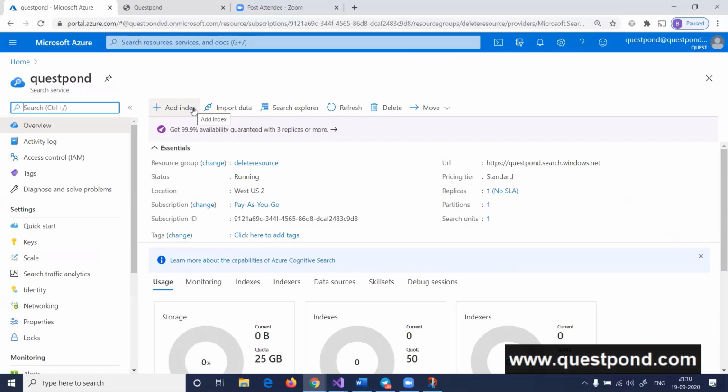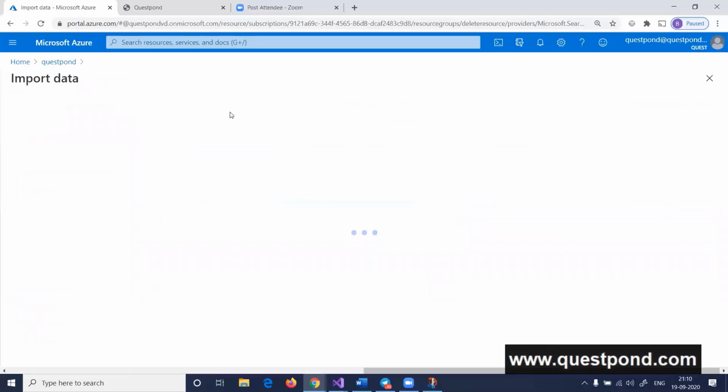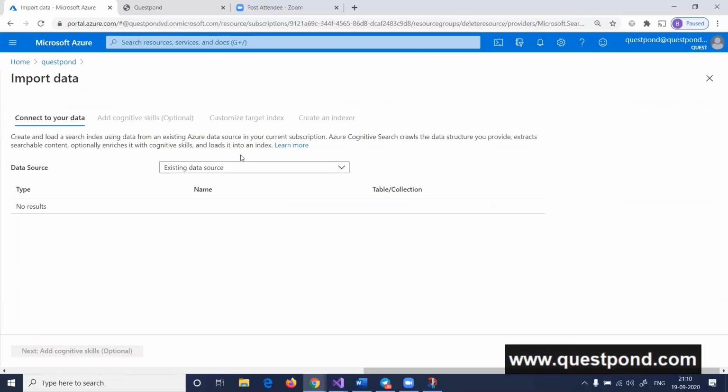Now what you can do is, one is you can add an index. To that index you can add a document, right? So if you want, you can do it manually, but the best way would be to import data. Most of the times you will import data. You will say that, okay, import this SQL Server and do this, right? So the manual creation, there can be scenarios of manual creation, but most of the time, at least I have seen that I have been importing data, right? So I'm going to say import data, and import data from where? Import data from,